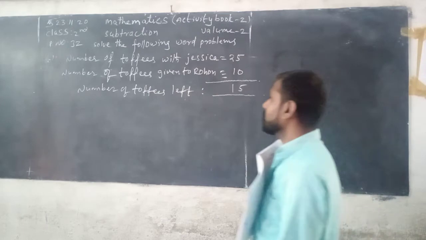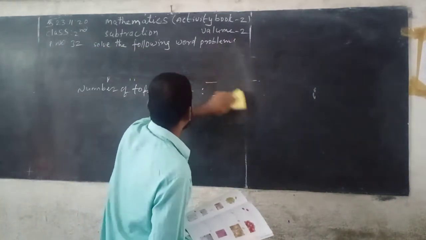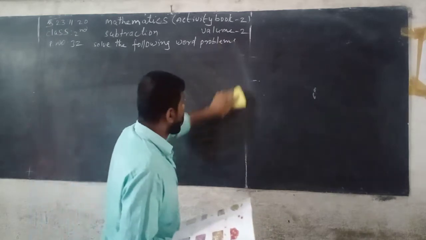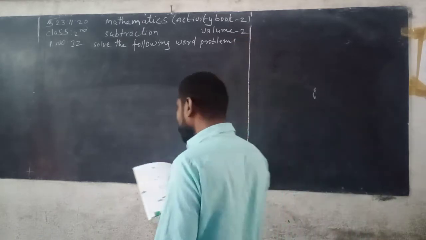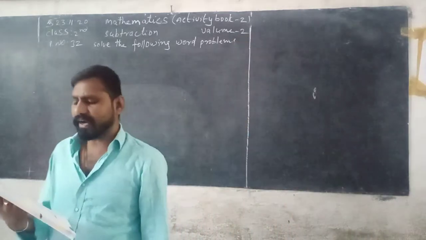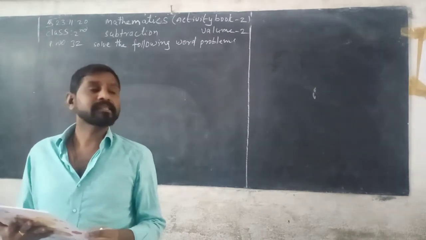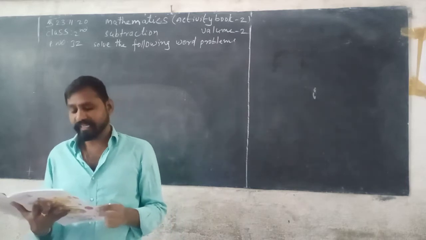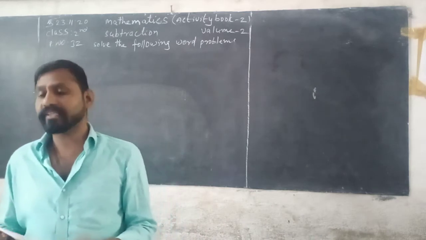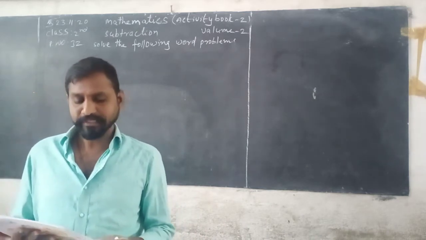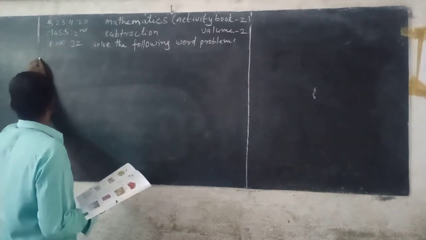So this is given in your activity book. Now the next one I can explain again carefully in another way. See here, a school has 543 books in a library. If 143 books are taken by the students, how many books are left? See here, second one, solution.